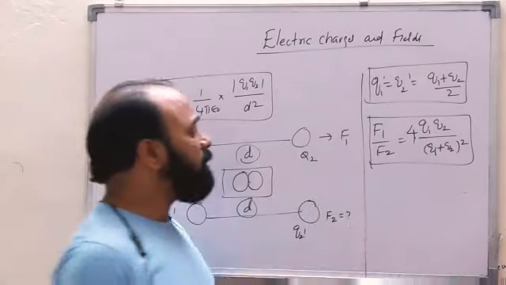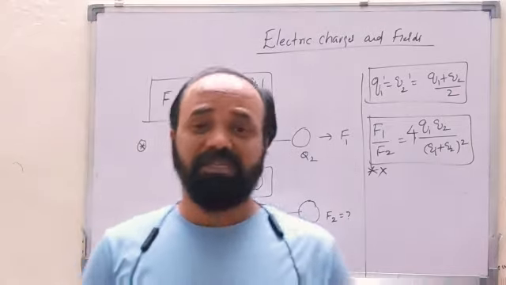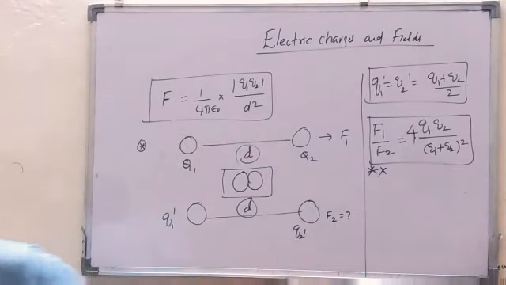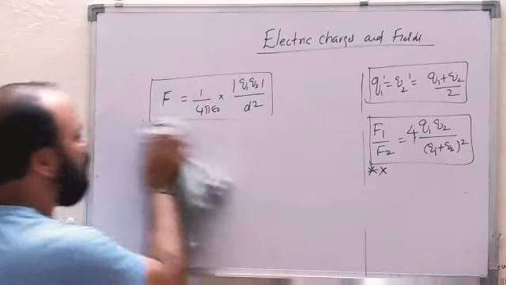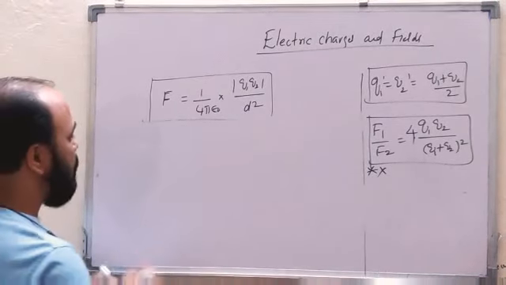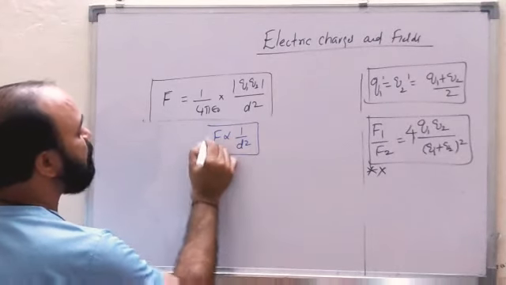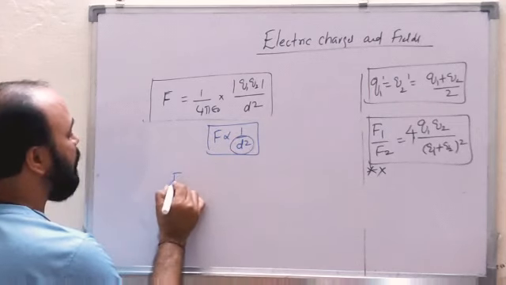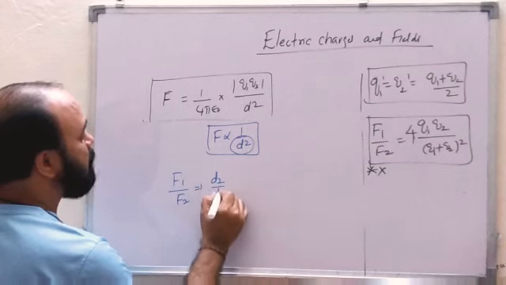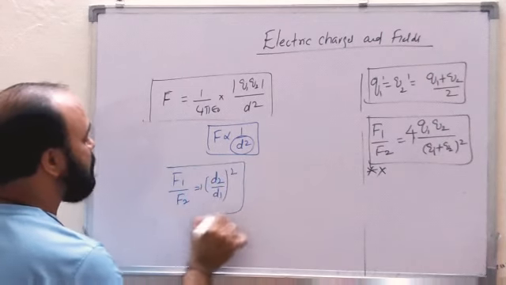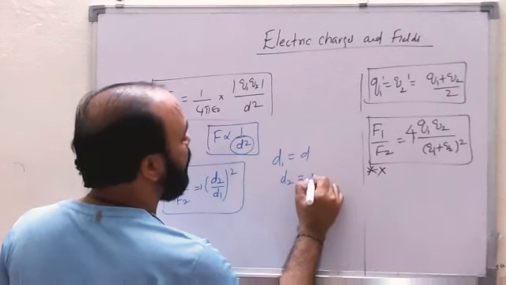Okay, this is the shortcut we can use. Similarly, sometimes they ask what happens if, for the same charges, the distance increases or decreases. Force is inversely proportional to the square of the distance, according to Coulomb's law. When we are discussing distance, we can write F1 by F2 is equal to D2 by D1 whole square. Now see guys, if D1 is equal to D, D2 is equal to N times D,